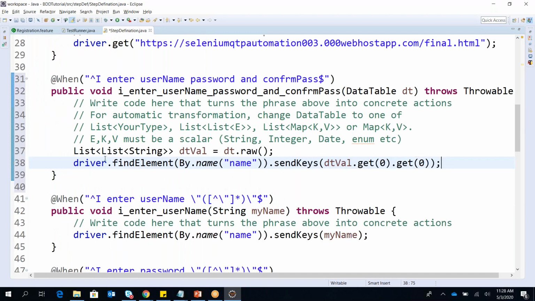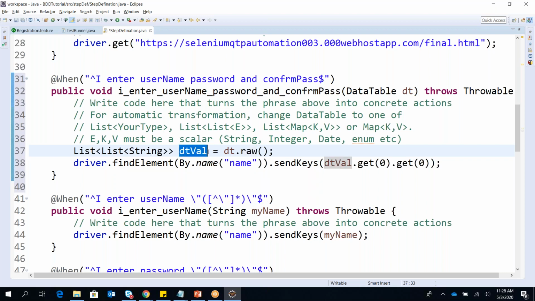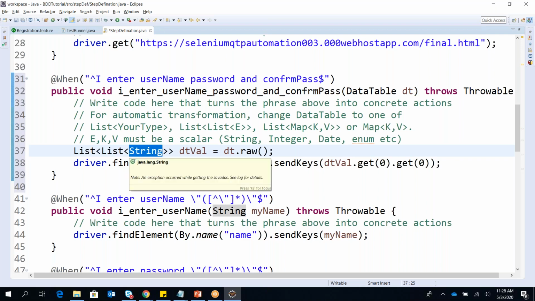I repeat again. First from the data table, I get all the raw values. I stored them into the dt.val. That is nothing but my variable of this list of list. I gave the type as list of list, and I said which type of data I am expecting. I'm expecting the type string.